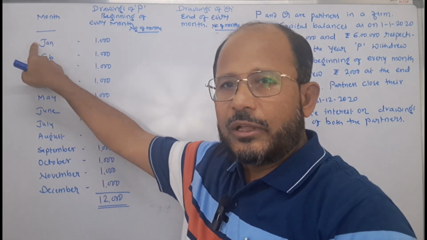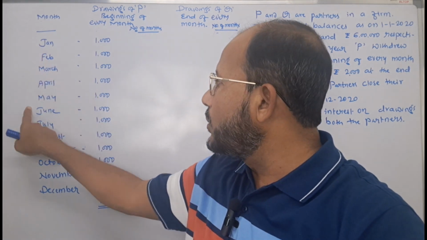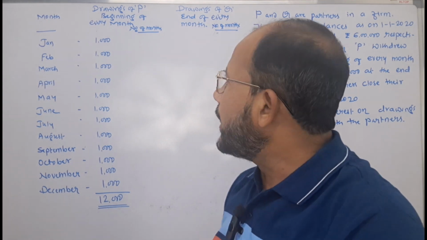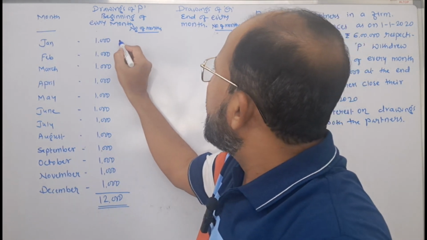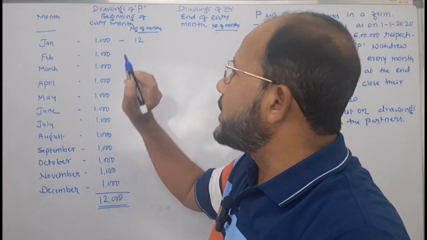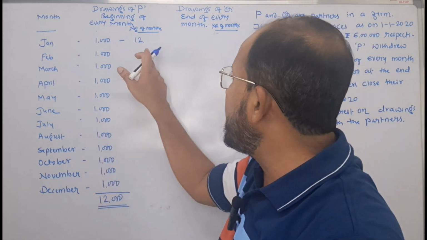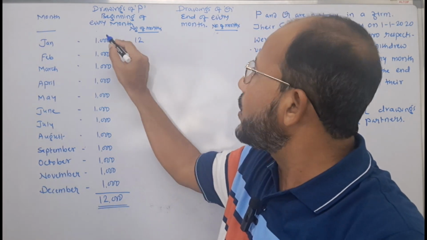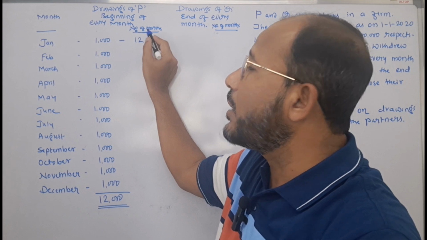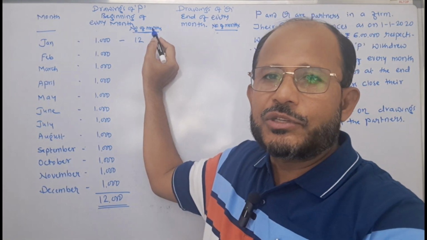When we include the month of January, then we have to count all the months. Then up to December, how many months will come? 12 months. That is why here on his first withdrawal, he is required to pay interest for the whole year. For 12 months, he has to pay the interest on rupees 1000. That is the meaning. That is why here I have written number of months for which interest is to be